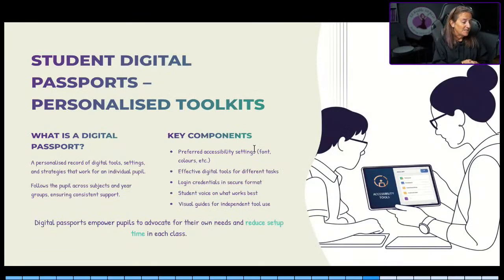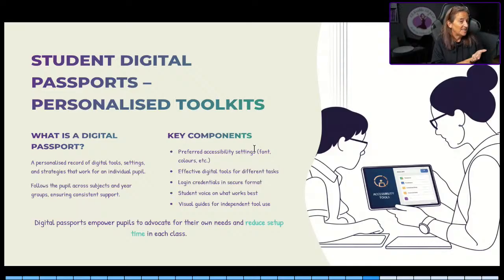Give your students a digital passport, so it's their personalised toolkit. So I'm not asking you to create another piece of paper, but sometimes if we know that they really, really need technology, but the staff are a bit resistant against it, if we can produce them their own little personalised passport to technology, it can actually help. So it might just be their own little, what do I call them? Key. Oh, for goodness sake. Keychain. I still can't get the words out. Little labels that you stick on a keychain. Let's go with that. So it might just be one of those that's laminated that you give to the student